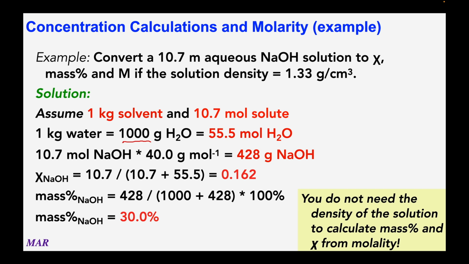The mass percent of sodium hydroxide would be the grams of NaOH divided by the total grams times 100%. So 428 grams NaOH divided by (1,000 plus 428), all of that times 100%, is 30.0% NaOH. Now, we haven't used the density of the solution at all at this point, because again, mass percent,